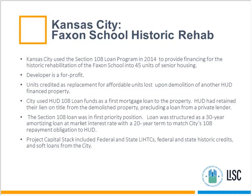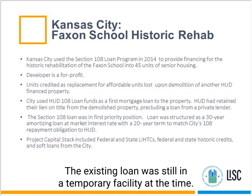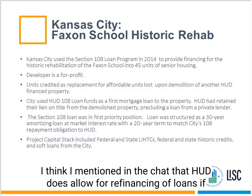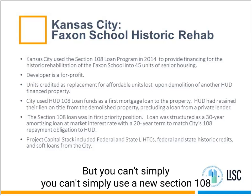Okay. And then there's a comment here. It says, the idea of using a new Section 108 to take out the old one came from HUD. The existing loan was still in the temporary facility at the time. Yeah, we would probably have to look at the specific details of the project. So, like I think I mentioned in the chat, HUD does allow for refinancing of loans if they're in the permanent rate, and we have some flexibility with refinancing, but you can't simply use a new Section 108 loan